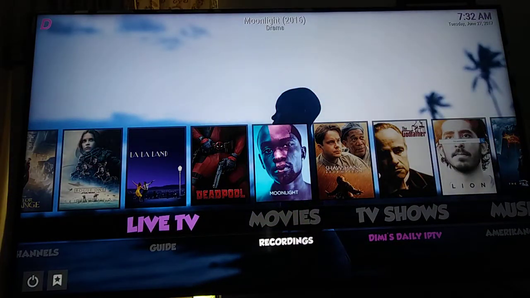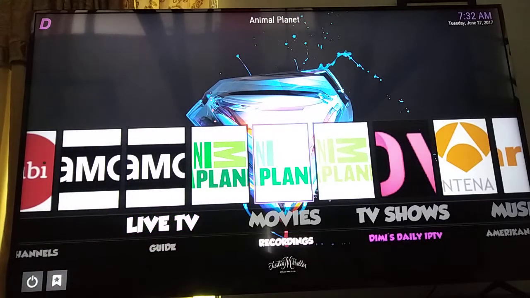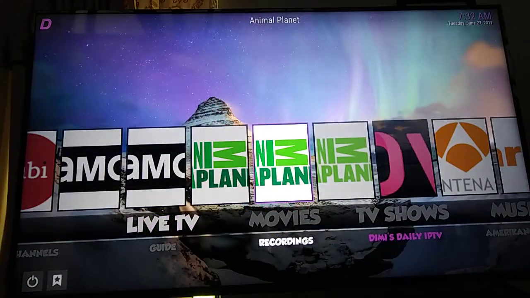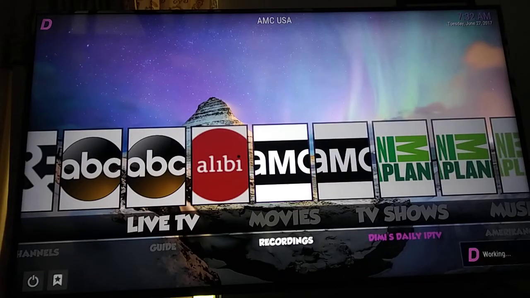They have live TV on here. Again, I'm not a huge fan of the live TV. Tell people this all the time because they're like, "Oh, can you watch live TV without commercials?" And it has commercials, but you can watch live TV without cable. But you just figure out the channel you want. Let's say AMC. You want to watch AMC